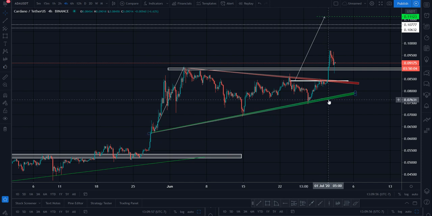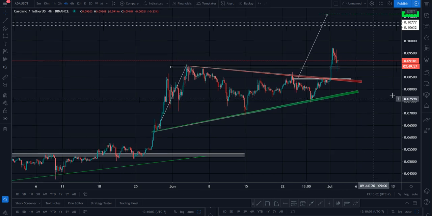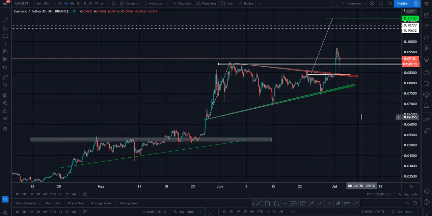So if Bitcoin is able to hold, consolidate, and decrease in volatility further, I think that ADA Cardano could be a good opportunity for a long, continuing the overall momentum. And we've already talked about it, that the catalyst for this trade is not just a break of the symmetrical triangle, but they are also